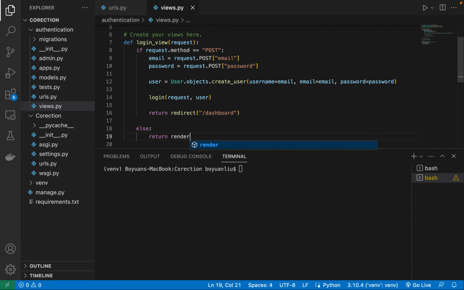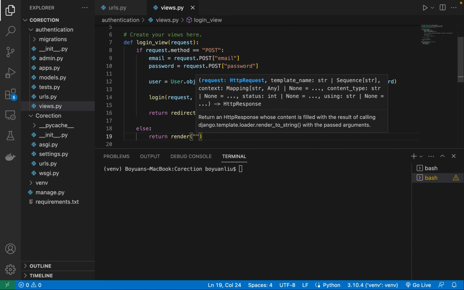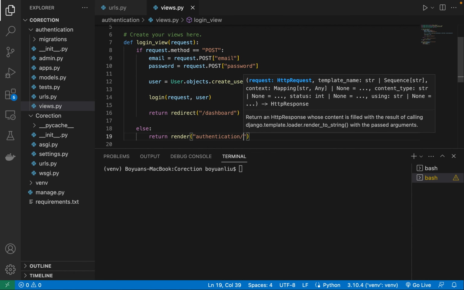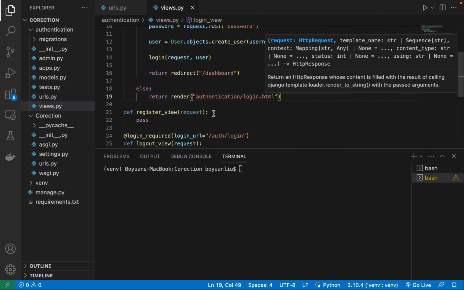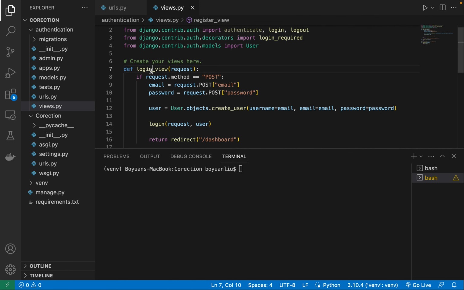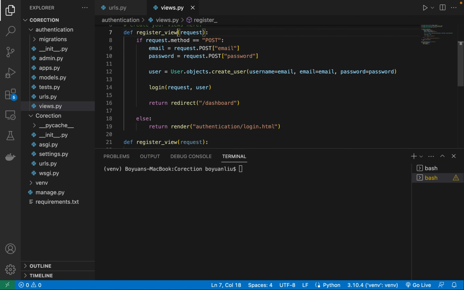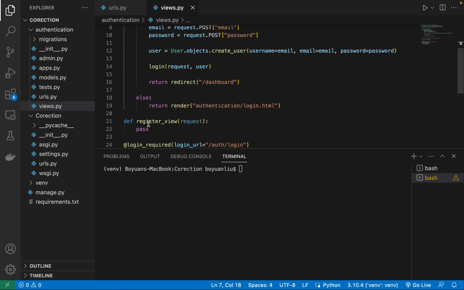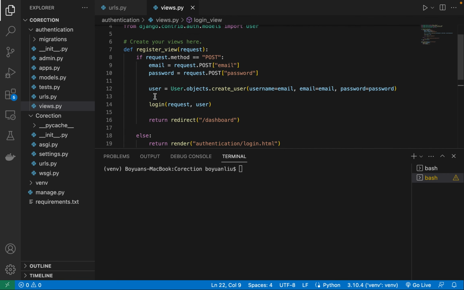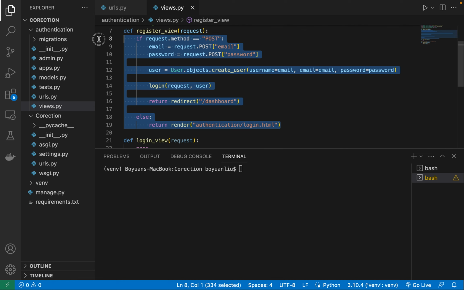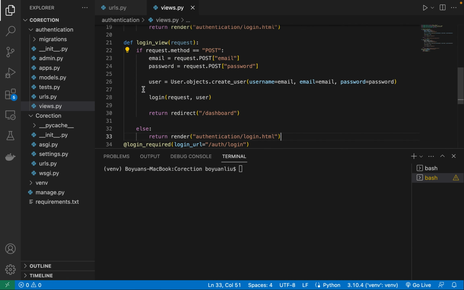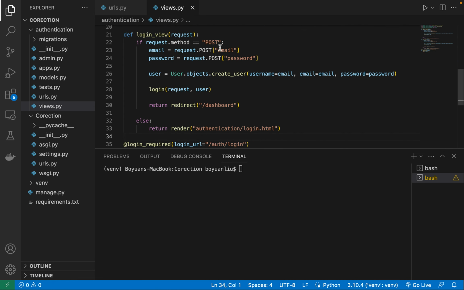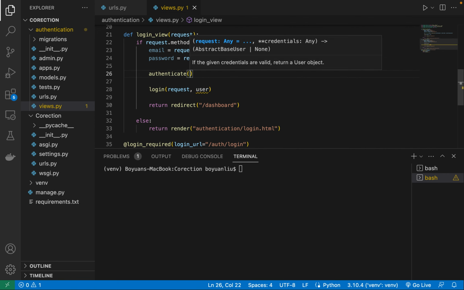Else, we'll just say return render authentication/login.html. Oh, actually I messed this up. This should be register view, because I'm creating a user, right? So you're registering. It's actually gonna be pretty similar, I would say. So I'm just gonna copy this, change a little bit. So email, and rather than creating user, we'll use authenticate, because what authenticate does is